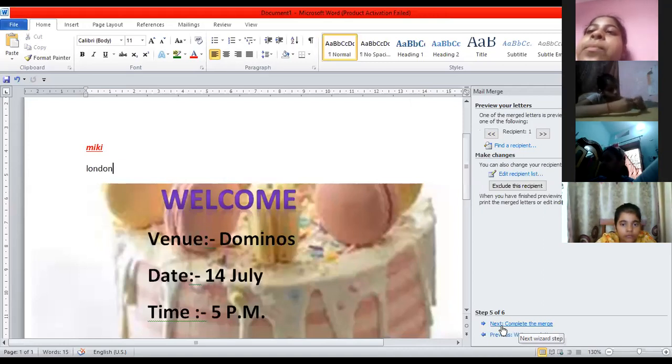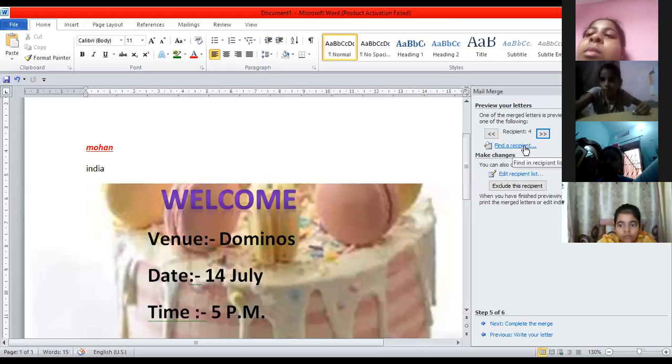Preview means how my letter will look, to see that. Step and review. Definitely it will work. And then you can see for all. If it is 100, it will show you up till 100 here. If you want to find any specific recipient, that also you can do from here. Understood? Yes.